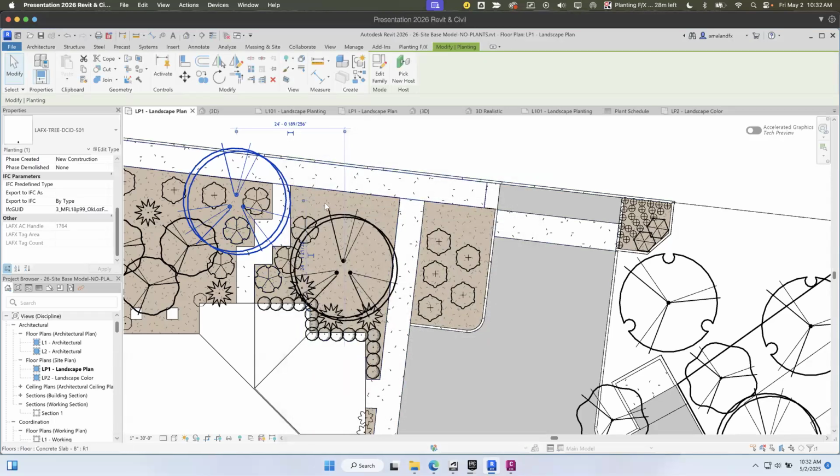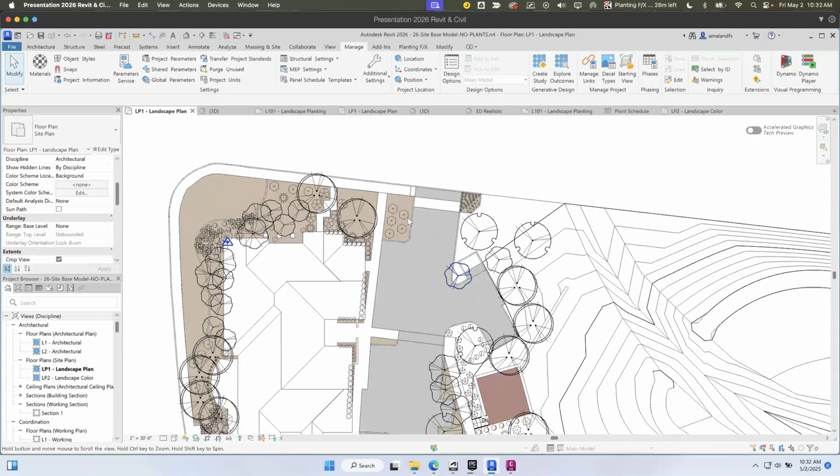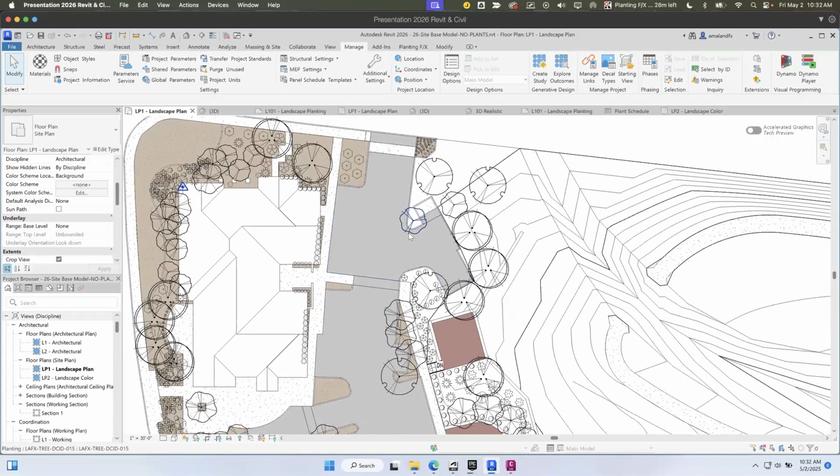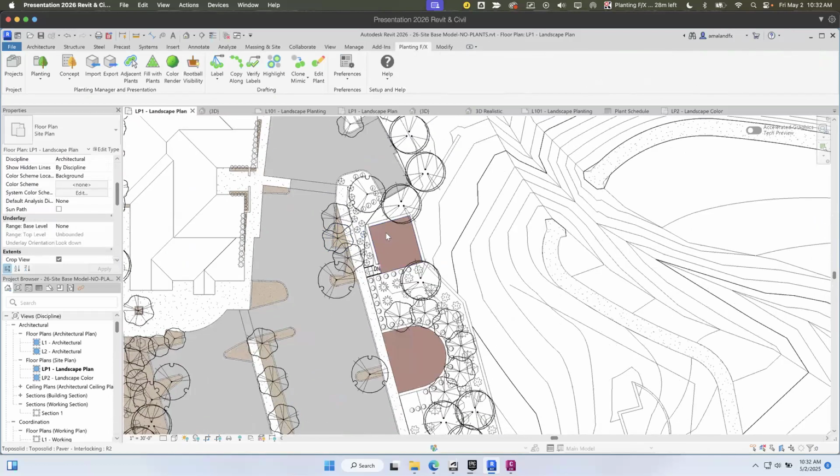But with all of this and Land Effects recognizing each of these plants, I now get a much easier interface in order to manage my plant list. So if I go back over to FX Planting, and I'm going to go to the plant manager,